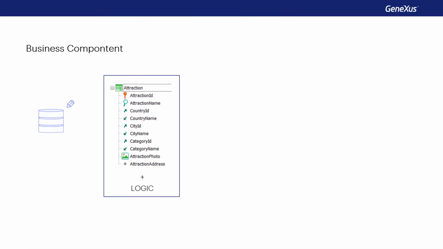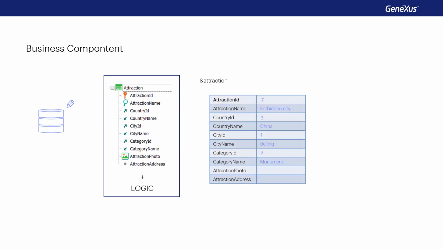Having said that, we've seen the most relevant aspects of updating the database with business components. In this way, we saw that from the transaction, it's possible to create a data type that is like an SDT, but that allows operations to be performed on the database from methods. These operations preserve the logic of the transaction. Although we didn't go deeper into it, clearly not all the rules and events of the transaction will be incorporated into the business component. The ones that have to do with the interface obviously will not. The PARM rule is not taken into account either.